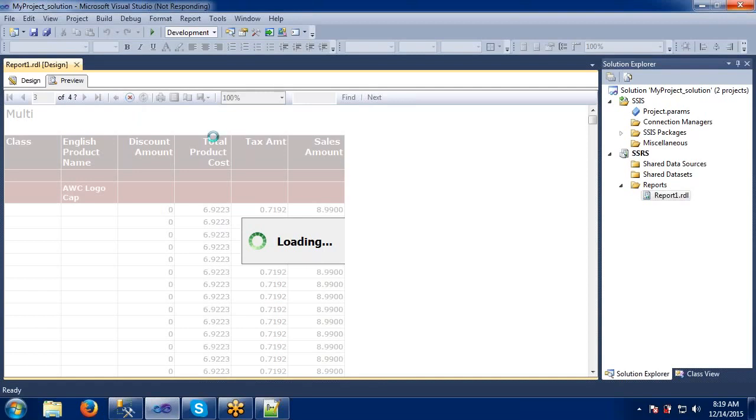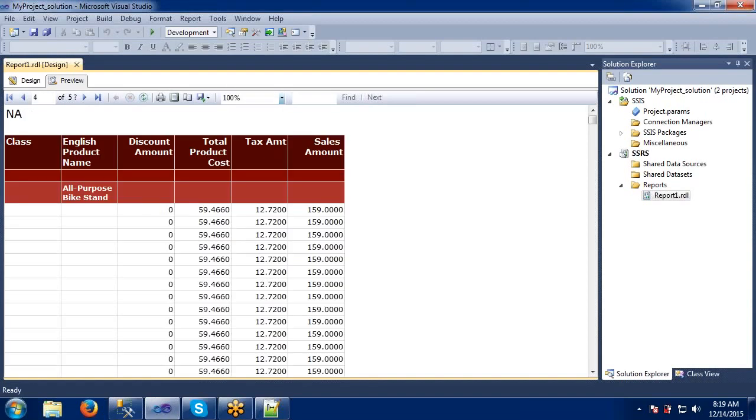It's not responding. One more second. So this is NA, means not applicable. There is one more color where we don't have anything. By default it is showing not applicable.